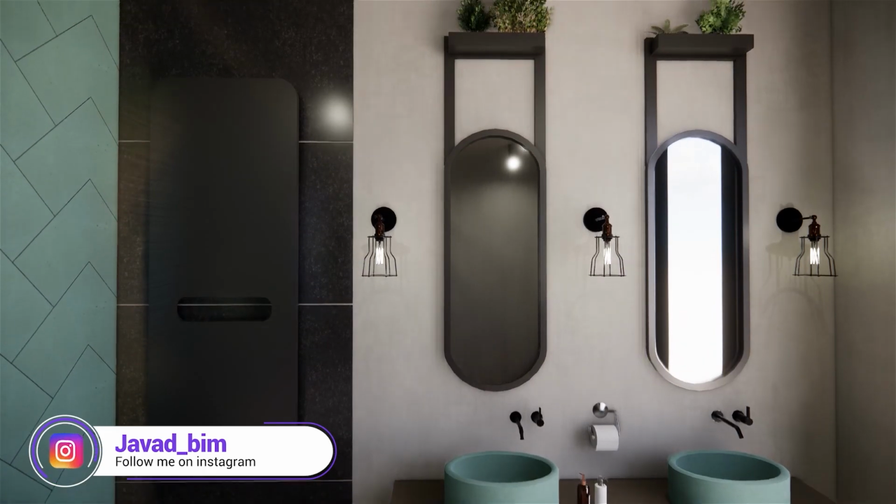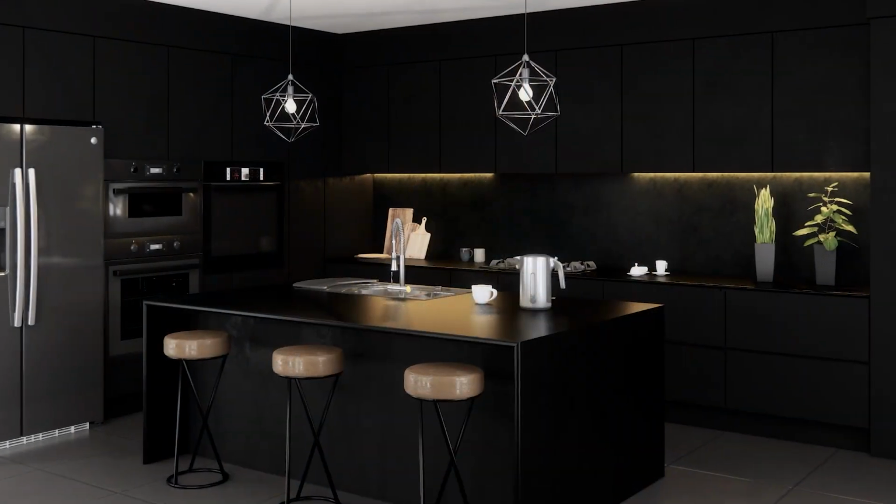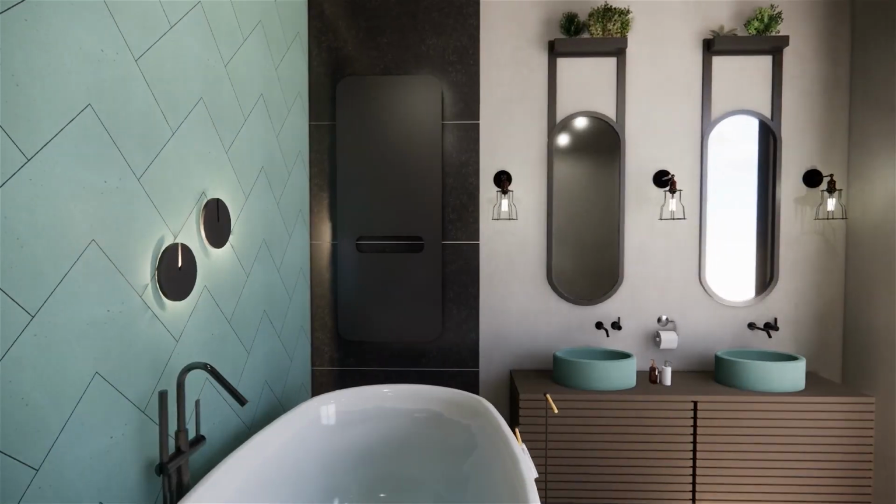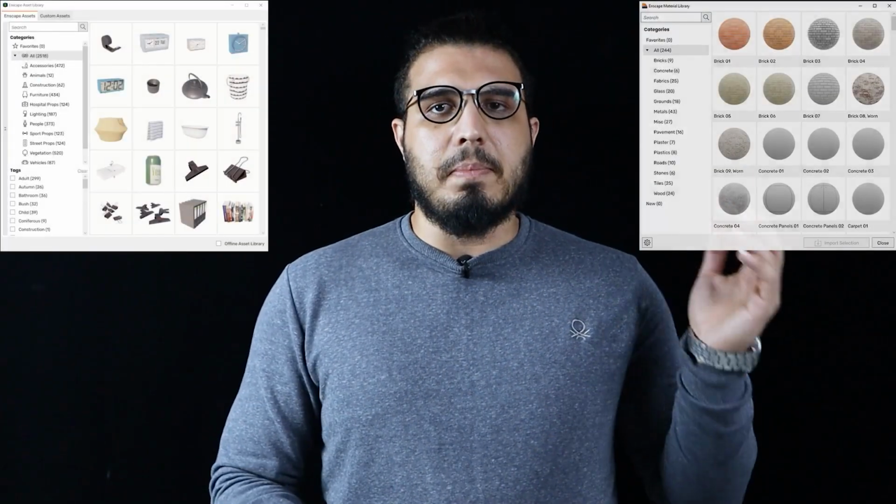In this video, we are going to learn all of the essentials and beginner tools that you need to get started with Enscape to create real-time rendering and animations for your Revit or ArchiCAD or SketchUp or Rhino or Vectorworks projects. We'll talk about all of the essential tools like rendering, VR, animations, asset library, and Enscape materials in this video. So let's go and learn it.